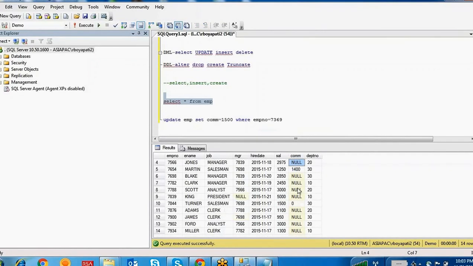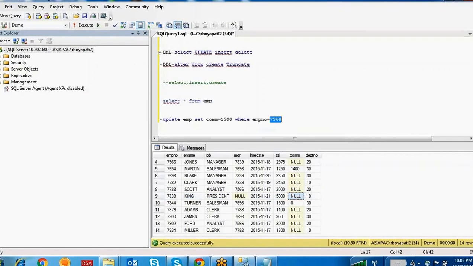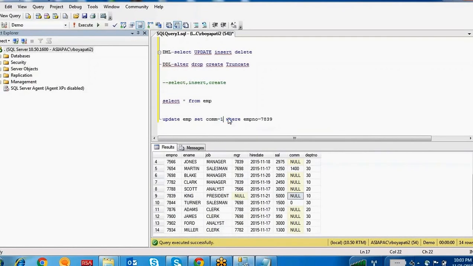Got it? If you want to update one more employee, for example this 7839, for this 7839 also, the commission amount is 1200. And if you observe here, this employee doesn't have a manager ID, so that manager ID also you are going to update.